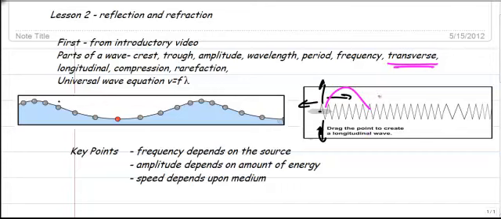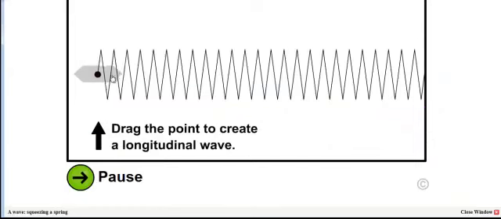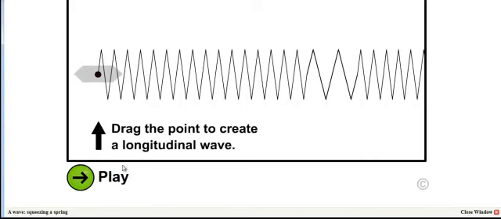Now this diagram I've got here is more of a longitudinal wave. You can see a spot there where there's a bit of a rarefaction. I had moved the spring that way and created a compression that's ahead of there and a rarefaction. Tough to see, it's just a snapshot. Let's have a quick look at that. If I create a little pulse there, you can see that's a longitudinal wave. You can see the compression and the rarefaction move along there. A little bit more compressed out front, and then a little bit